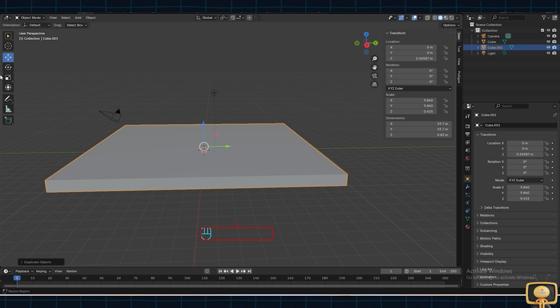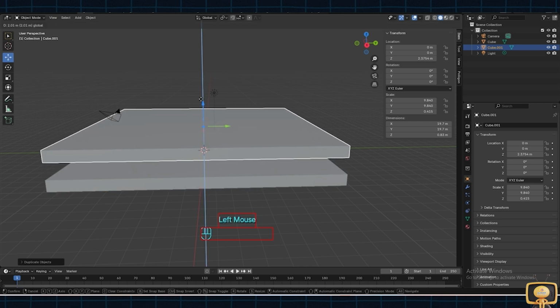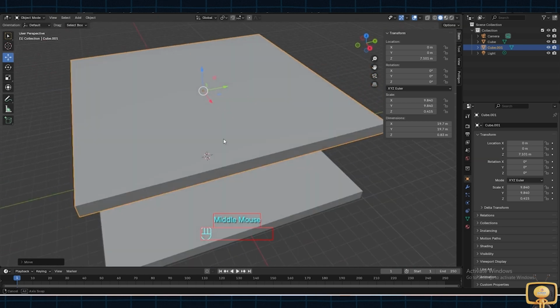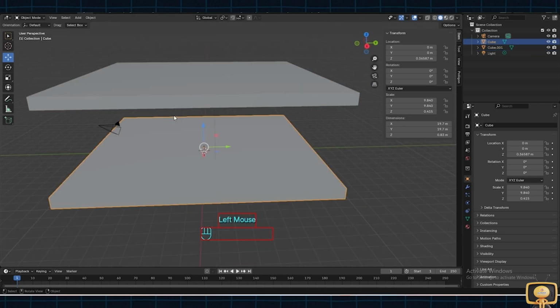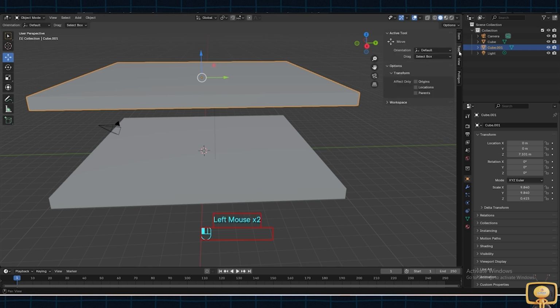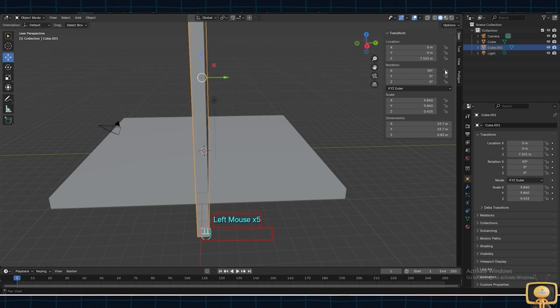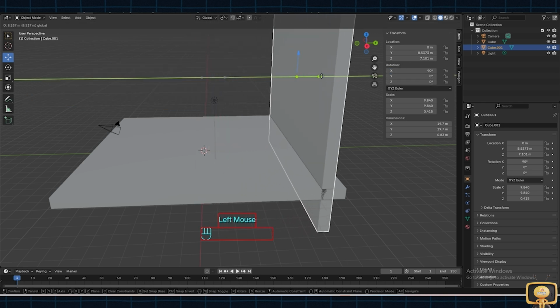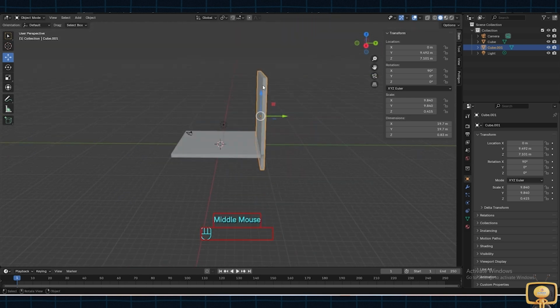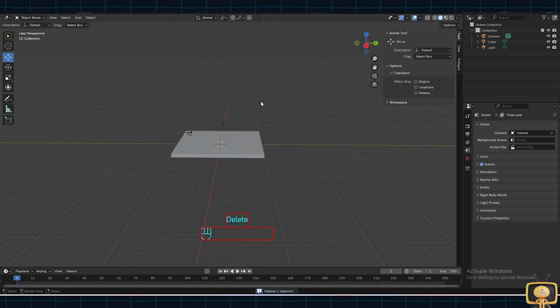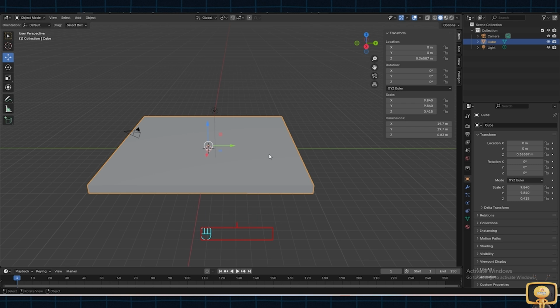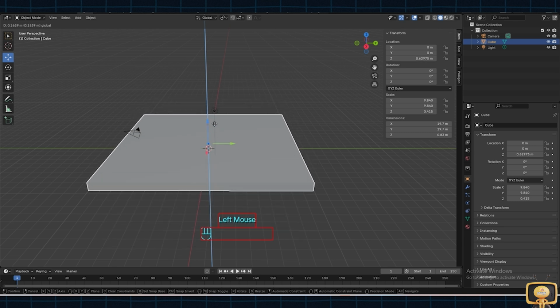Now select the move tool and move it above. You can see we have an object with the same properties as the last object. Now in the transform section, rotate it 90 degrees and move it here. As you can see, we have a dimension, and we are going to delete that. Now you know how to duplicate an object, but right now we need to add an object. So I have deleted that object, and you can see it is a simple one object.